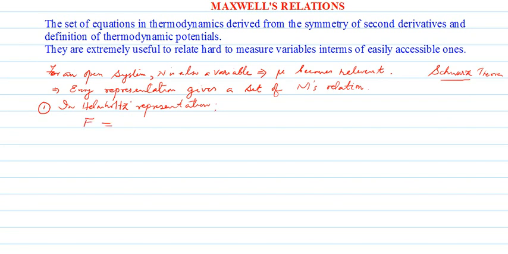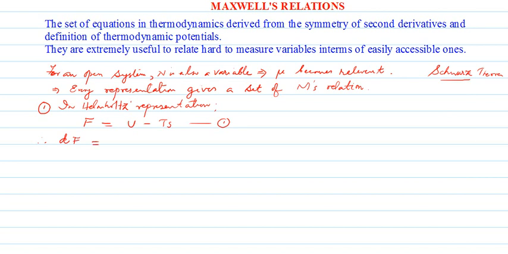The Helmholtz free energy was defined as simply U minus TS, by the Legendre transformation of internal energy. Let me say that this is my equation number 1 to begin with. Let me take the total differential of equation 1, meaning I'm considering the infinitesimal change in the parameter F. Therefore dF, the infinitesimal change in the free energy during any process,